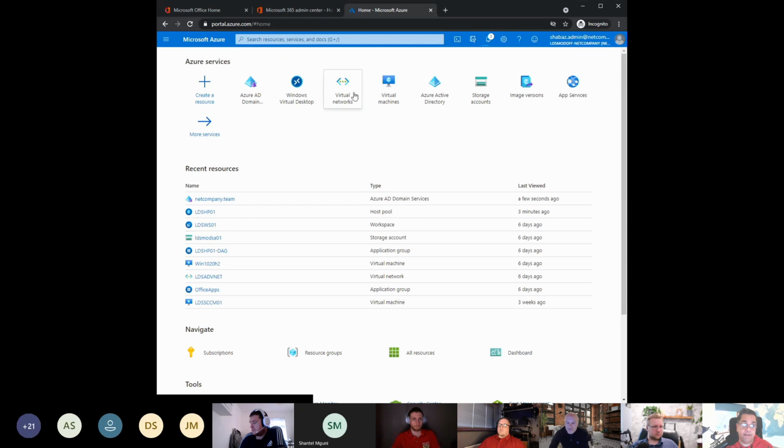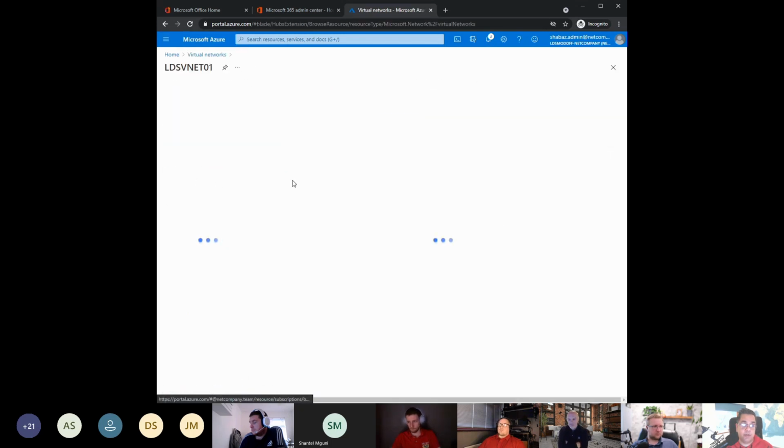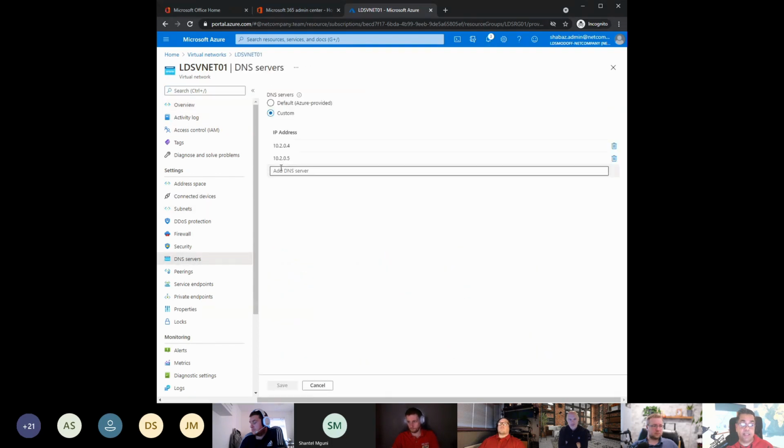If I go into my virtual network, which is this one, and into my DNS servers, you need to make sure that whatever you're using to domain join your virtual machines, the DNS IP addresses are here. In my case, it will be those 2 IP addresses, .4 and .5. If you're using an on-premises domain controller, make sure it's those IP addresses. Or if you're using a virtual machine within Azure, then make sure it's that as well.